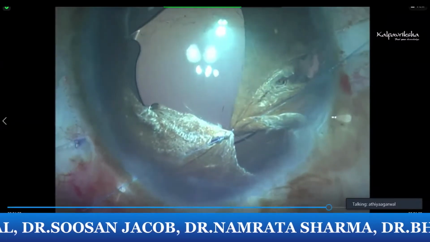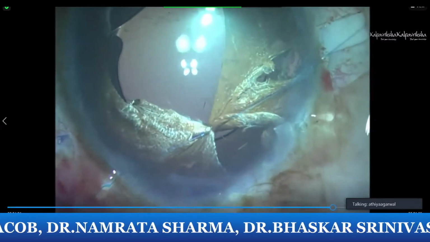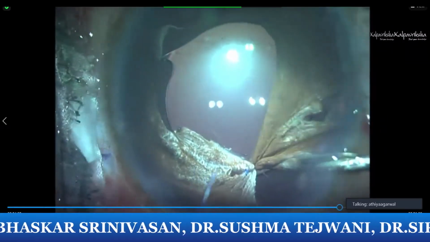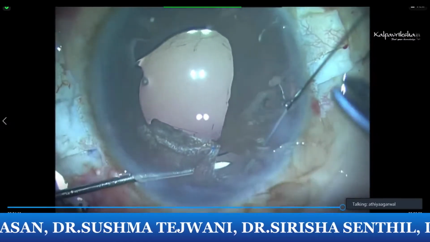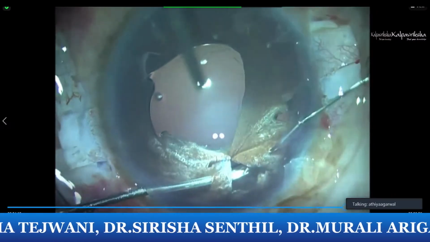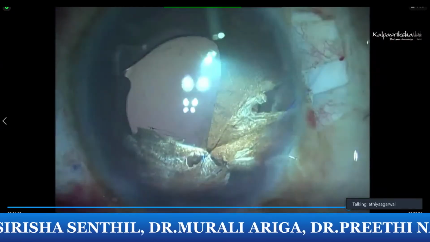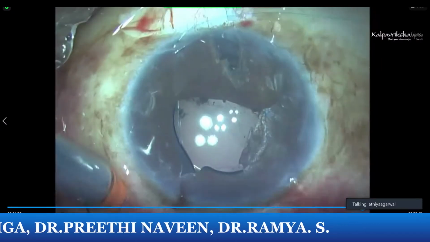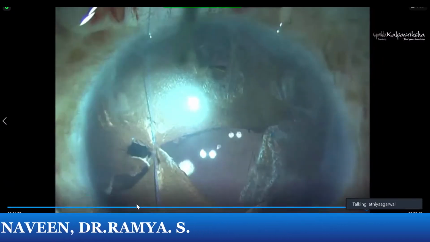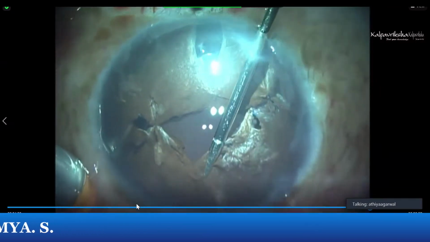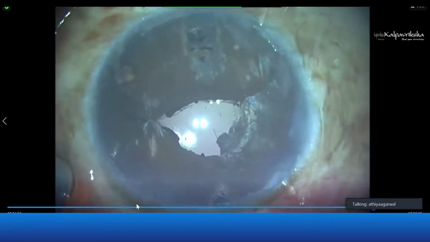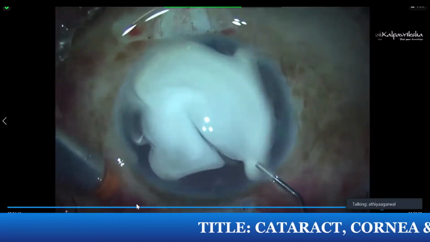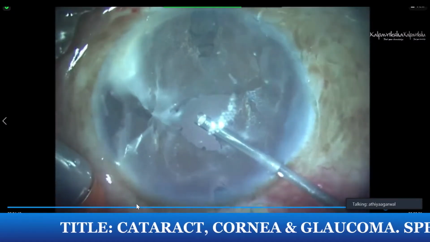But when you create a loop, you pass the needle through the loop onto itself 4 times. So it is called a single-pass four-throw, because we threw the Prolene suture 4 times into the loop, and when you oppose the 2 ends, this is going to create a very nice hug onto the iris, and the iris is closed. You can see the pupil is getting smaller and smaller, because we don't want to leave the pupil so much enlarged and leave the patient with glare. Single-pass four-throw pupilloplasty is such an easy procedure. Anybody can learn it, because it is a very, very easy technique. You can go on suturing the iris as many times as you want.